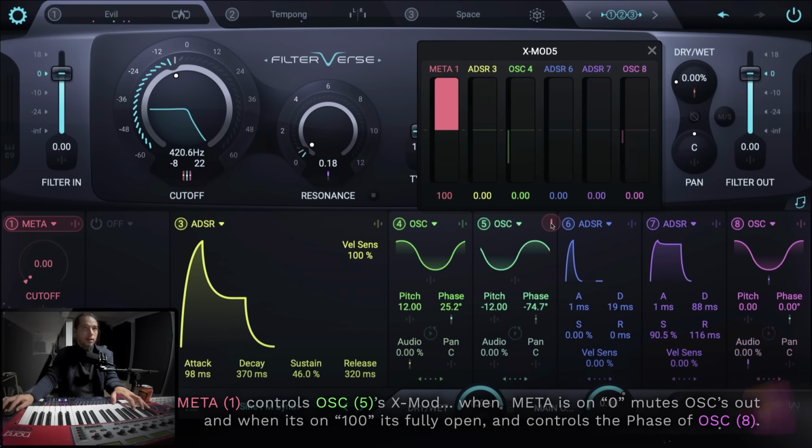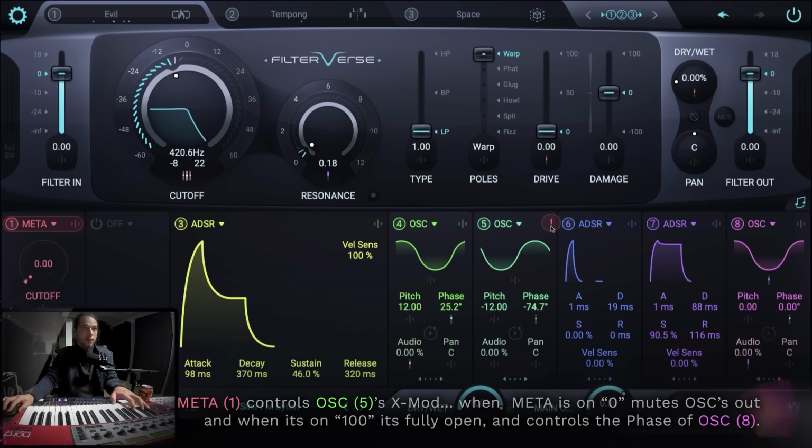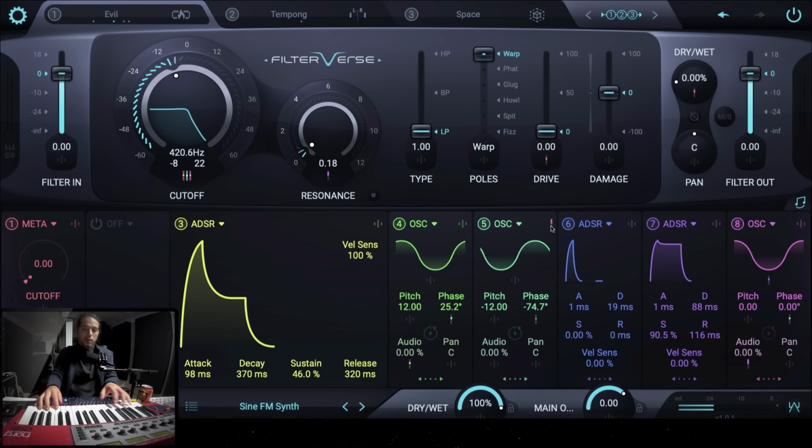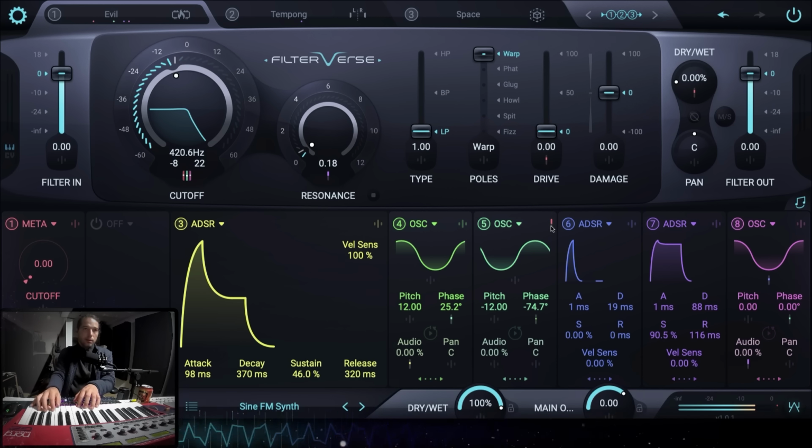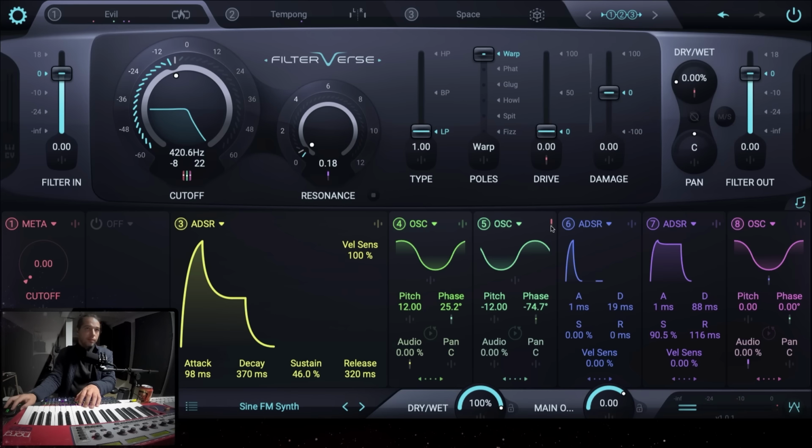So this top right is how much the meta knob controls the FM. So when it's nothing, you don't hear it, but when I turn the meta knob on,